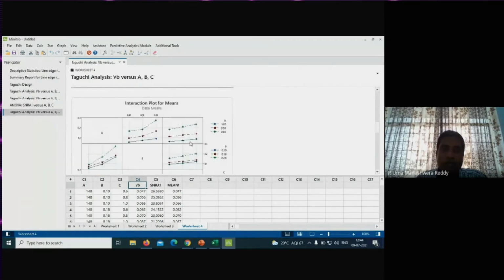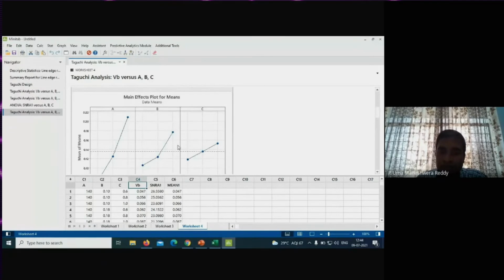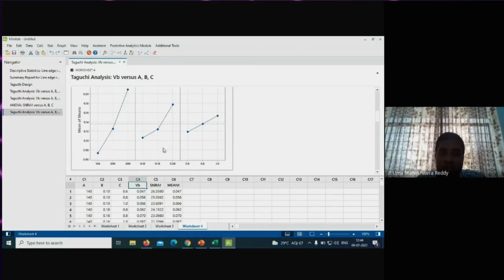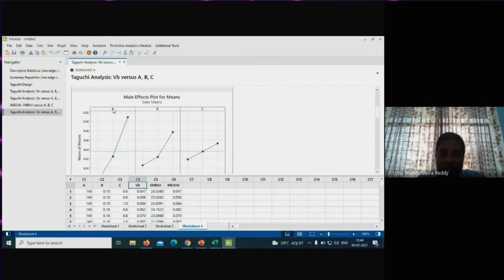Yes. So up to this I explained, right? Now from this Taguchi, you can understand which control factor is influencing the output significantly. And in a qualitative way, you can say that the control factor A is influencing a lot when you compare with the other 2 factors. The steeper the curve is, it has the highest influence. So this is how you can find out the qualitative information and its effect on the output.